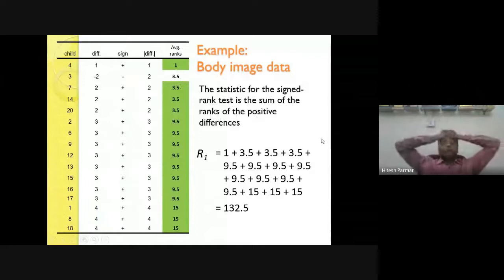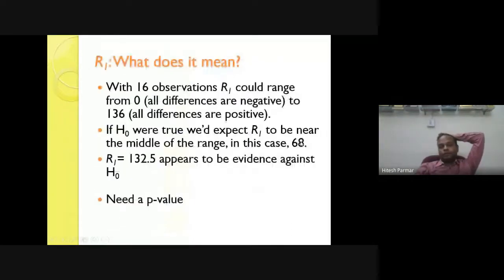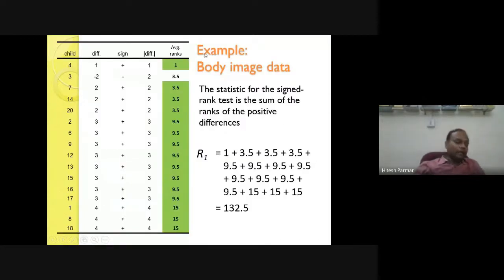Now, if we have a total of this 132.5 plus 3.5, what answer do we get? We get 136. And 136, if I divide by 2, equal distribution, 50%, so 136 by 2, we get 68. So if this is a balanced one, then the ideal situation is that for a positive rank we get 68 in total, and for a negative rank we again get 68 of the total.